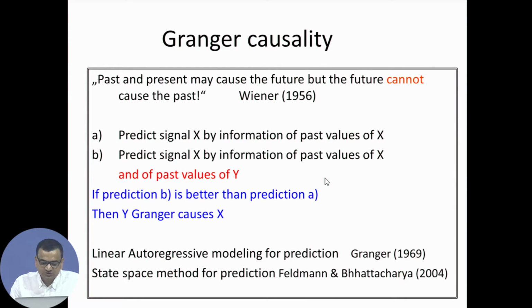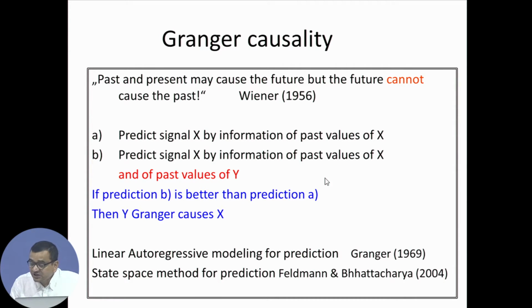So what he proposed in his classical paper, for which he later got a Nobel Prize in economics, is that you have a signal X, and you predict the signal X using just information from its own past values. A simple autoregressive framework. There you have a prediction error, and then you predict the same signal X